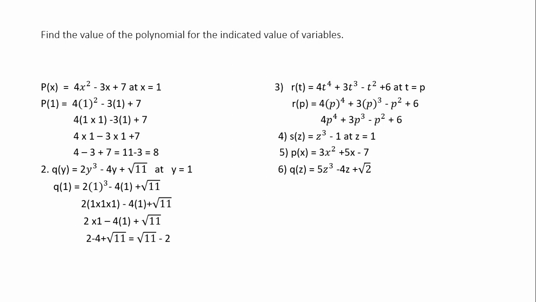Last one, q of z is equal to 5z square minus 4z plus 2 at z is equal to 2. Then the sixth one is z is equal to 2, and the fifth one is x is equal to 1. You have to write these two and complete this. Actually, they are given in the do this section of your textbook. Some children do not have a textbook, therefore I have given you the questions. Replace those numbers and find the value of the polynomial by using the information assigned to you, and also see the examples explained, and complete this sum.